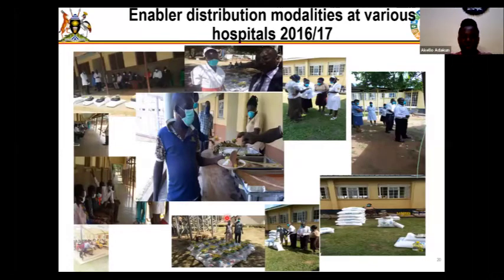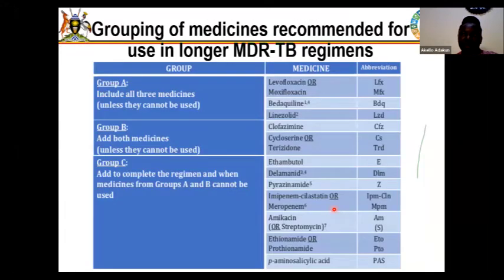So now I want to talk about treatment of MDR-TB. The therapy of MDR-TB has evolved from a 20-month treatment to now the shorter 9-month regimen, from injection-based regimen to now the oral regimen. The current therapy grouping by WHO puts drugs into 3 groups: Group A, B, and C. In Group A we have